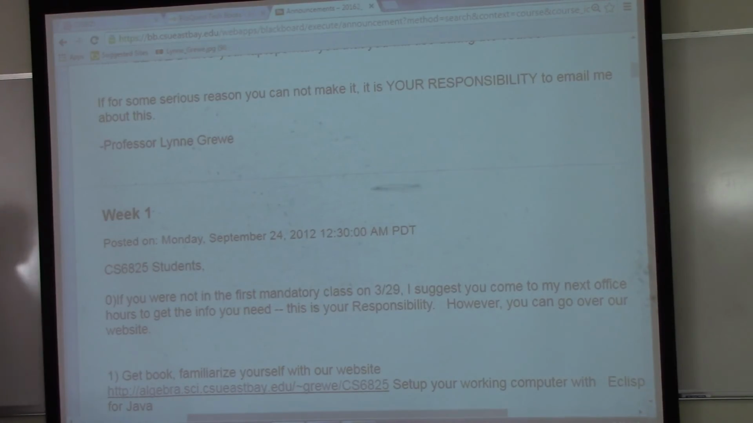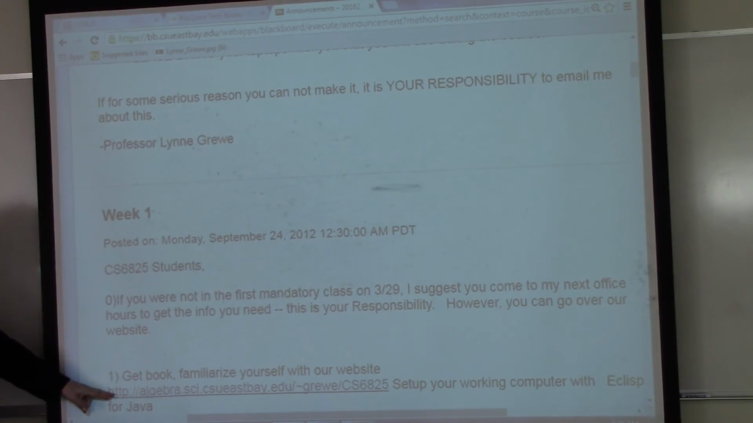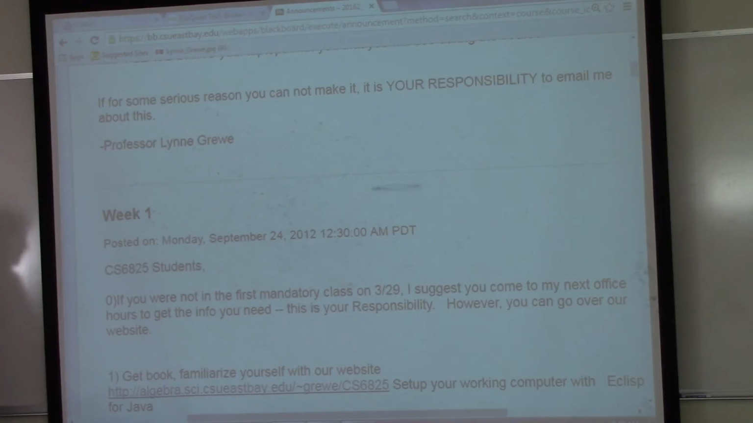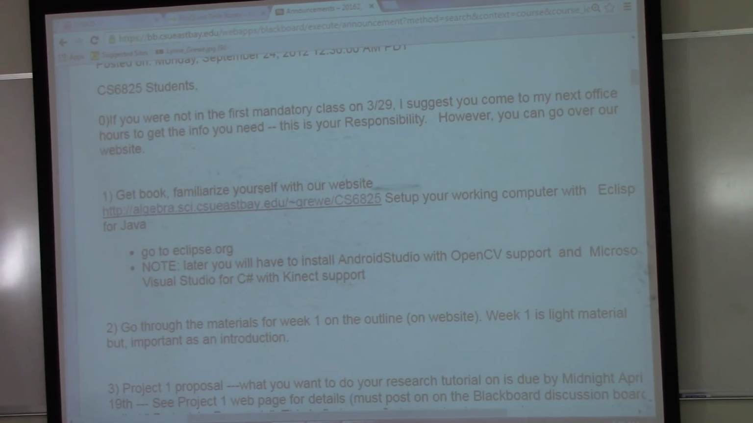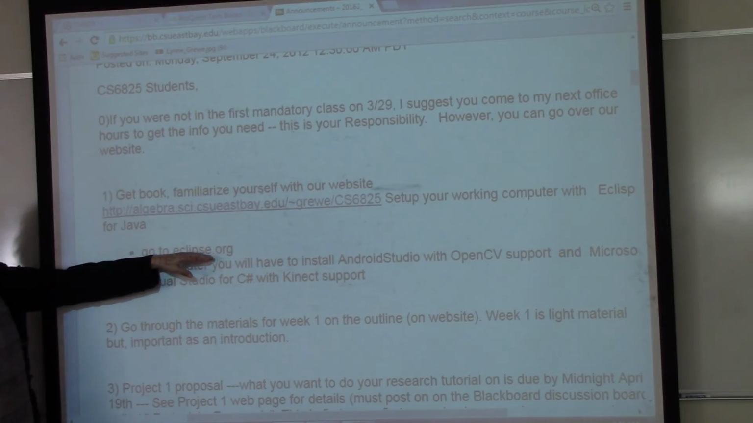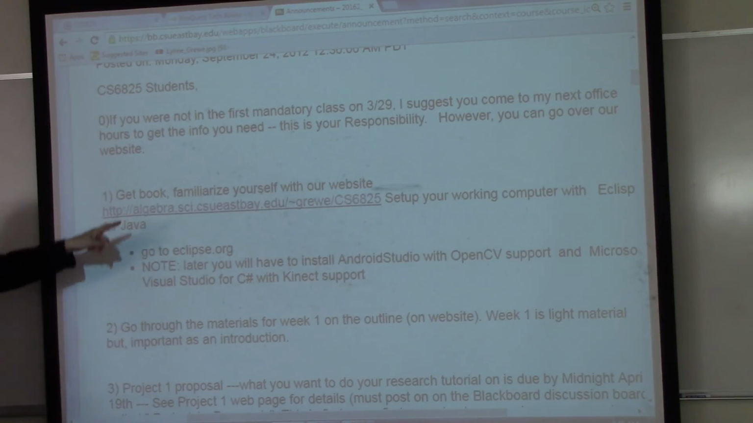Get the book, familiarize yourself with our website. That's what we're in part doing today. Okay. The other thing I've asked you to do is to go to eclipse.org and install Eclipse, set up Eclipse